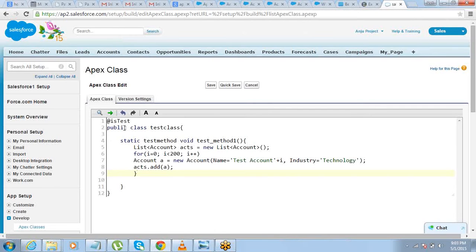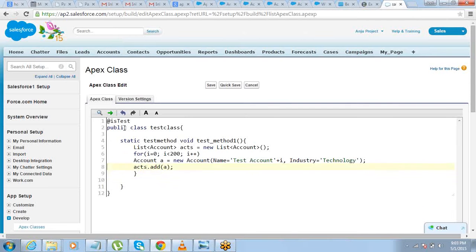Okay, so my list of accounts is ready. Okay, so for i equals 0 to 200, less than 200 in fact, I'll just run a for loop to create new accounts and to add them to this list acts. Okay, so this gets added into the list. So that's it.